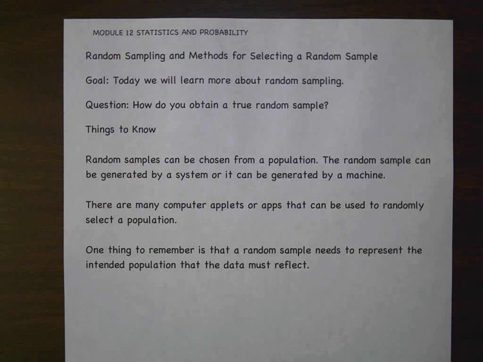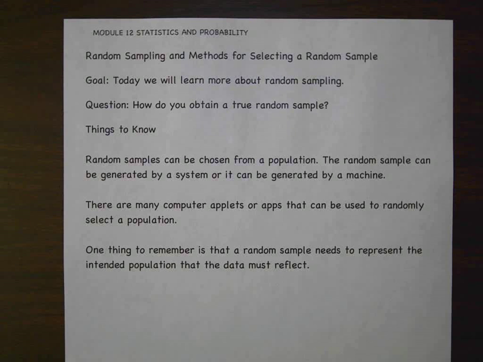This is Lesson 7, and it is called Random Sampling and Methods for Selecting a Random Sample. Our goal for today: we will learn more about random sampling. The question that I want you to think about during this lesson is, how do you obtain a true random